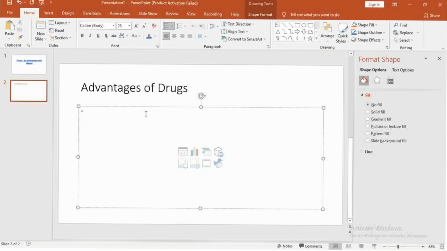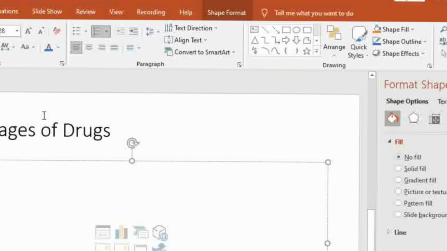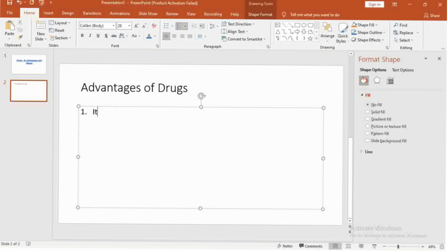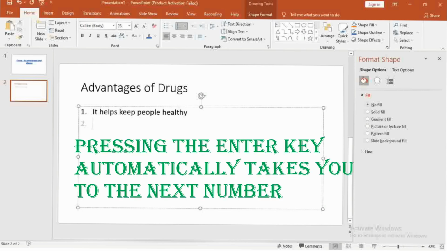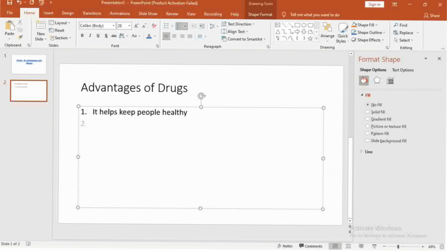Okay, let's see number one. Now from this number one, I'm just going to talk about bullets. These are various bullets for listing. Let's say I just want to say number one. Number one, it helps keep people healthy. Now if I press enter, it takes me automatically to number two. So you don't have to start typing number one, number two, number three. That's a whole lot of stress PowerPoint has saved you. You can just press enter, and then